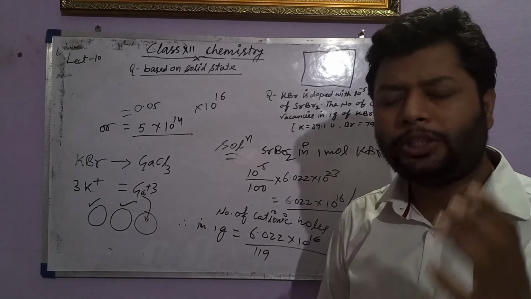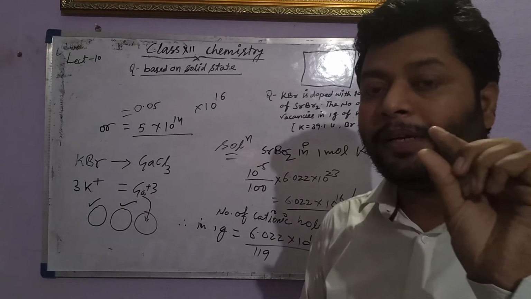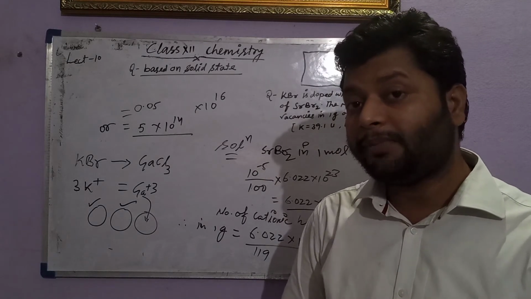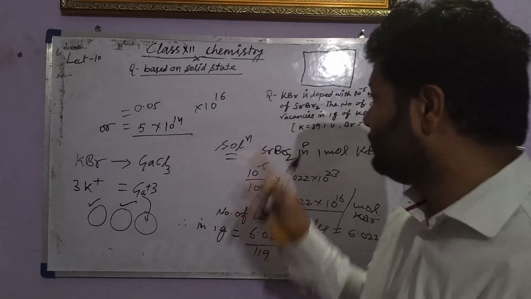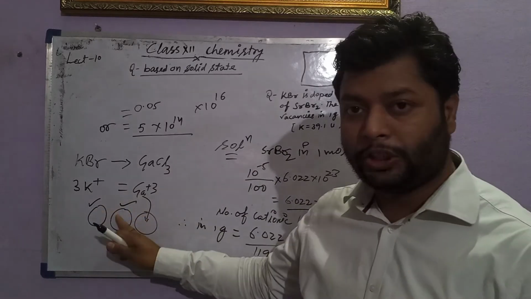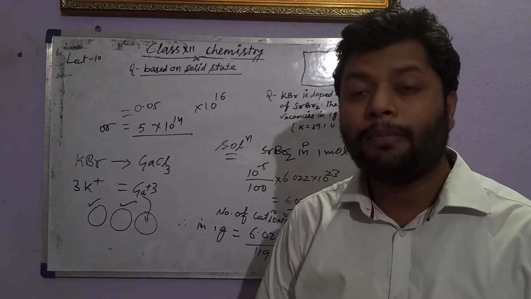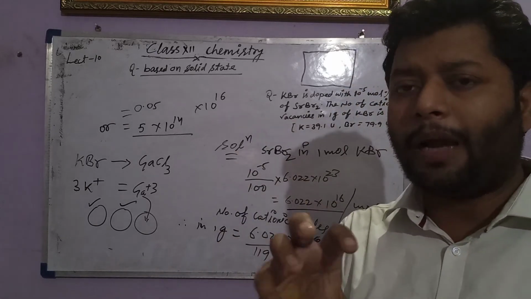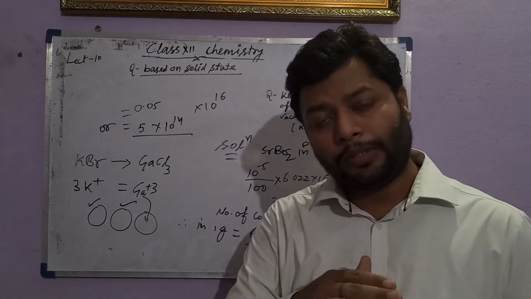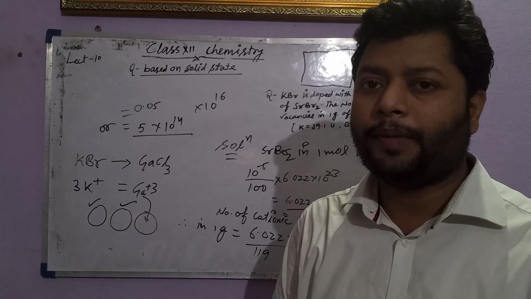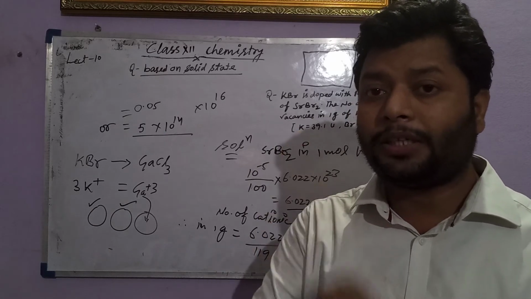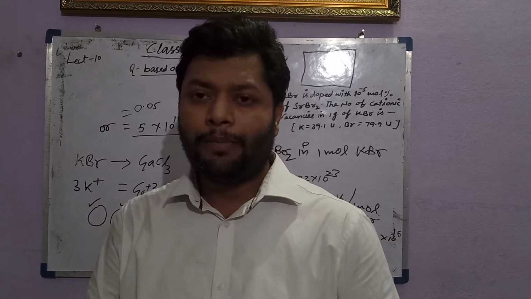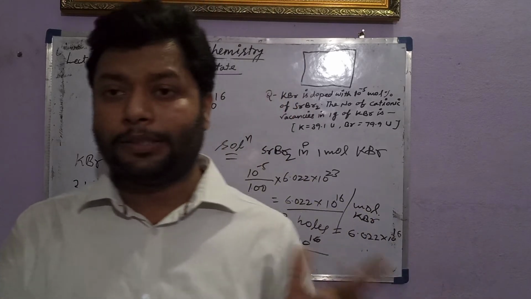Positive holes generated always means p-type semiconduction. Because on addition of strontium there are positive holes generated, it will give p-type semiconduction. That is the concept. If any crystal has positive holes, it behaves like a p-type. If any crystal has free electrons, it is known as n-type, negative type, because there are free electrons. That is the concept.